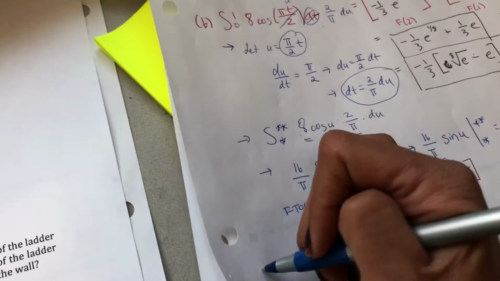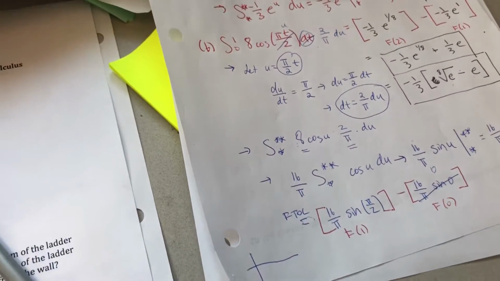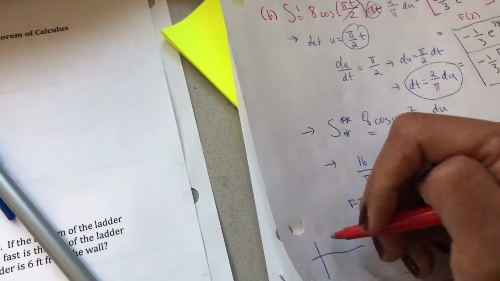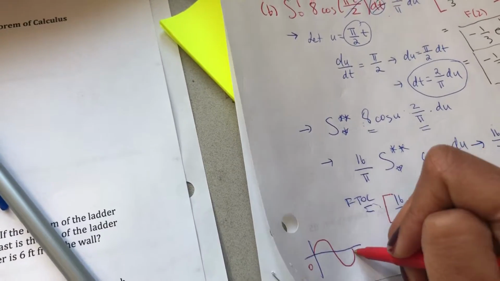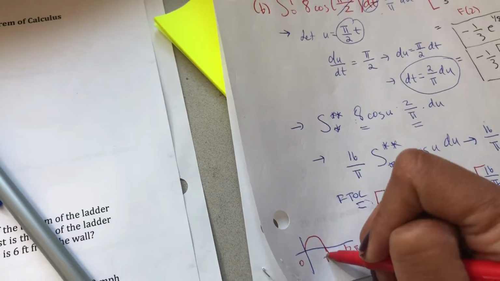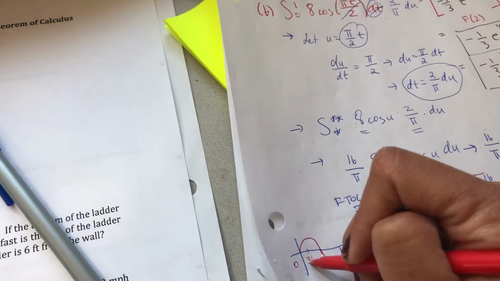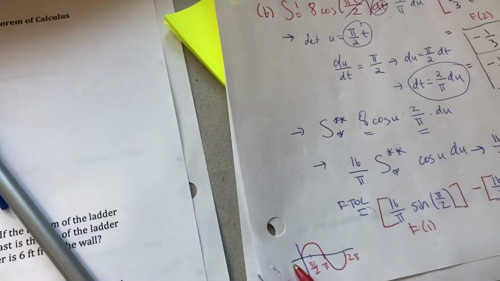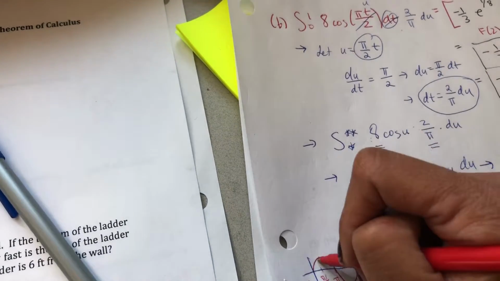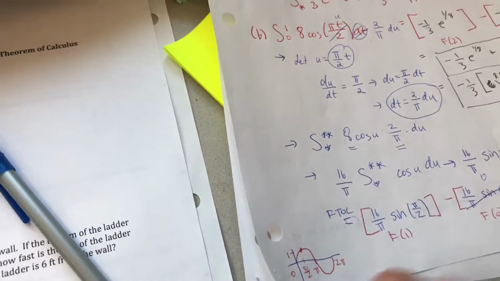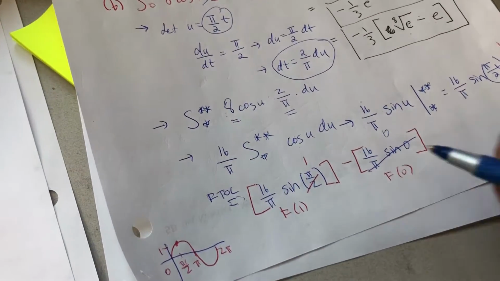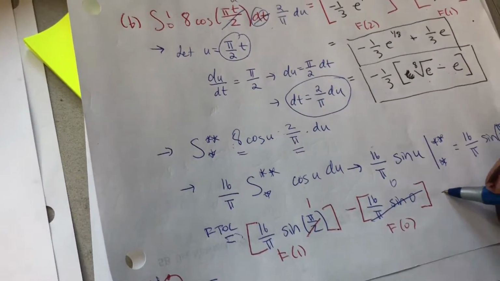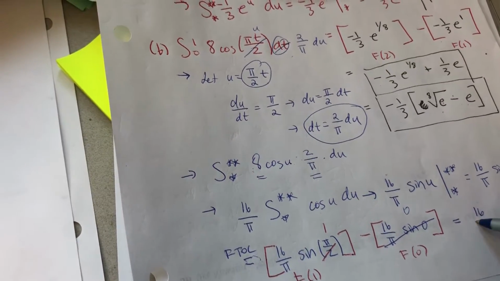Sine of pi over 2, so honestly, I have a hard time remembering the trig functions, so I draw a picture. That's my sine graph. This is 0, pi over 2, pi, 2 pi. Okay, so sine of 0 is 0. Sine of pi over 2, its peak here is going to be 1. So that's how I remember it. So I have 1. So all in all, the answer that you end up getting is equal to 16 over